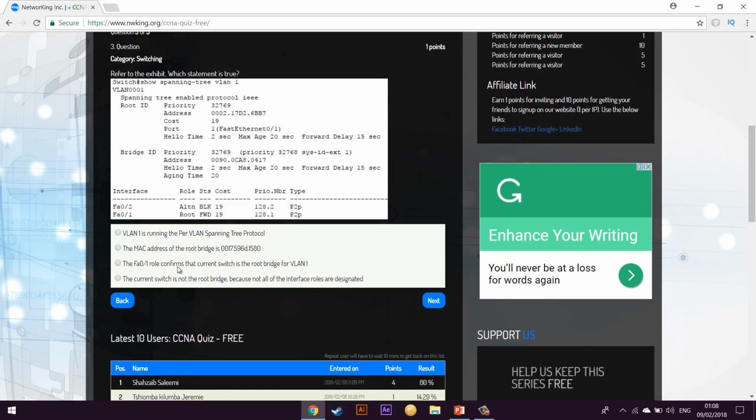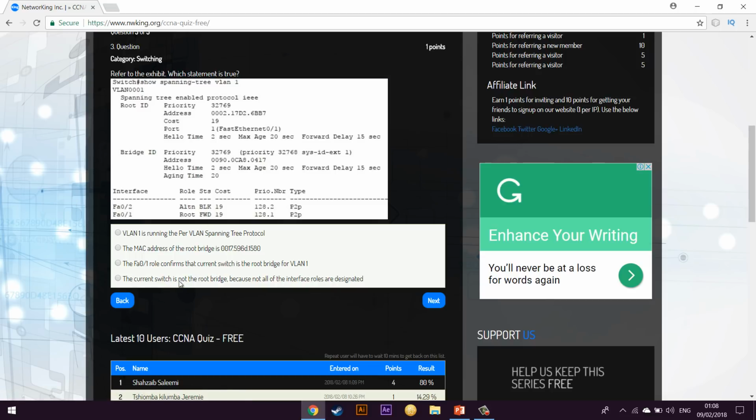The FA01 role confirms the current switch is root bridge for VLAN 1. The current switch is not root bridge because not all of the interface roles are designated. This is not true. MAC address not true. FA01 role confirms the current switch, true.